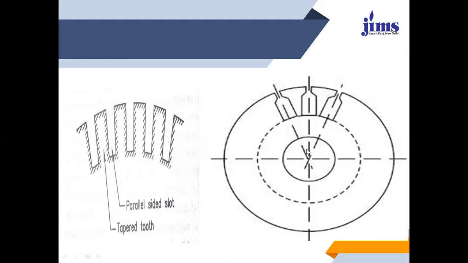The slots associated with the rotor and the stator are aligned in such a manner that the number of slots is equal on either the stator side or the rotor side. The tooth must be tapered in nature: the upper part is larger as compared to the lower part. So the gap between them will be a little lower at one end, and on the open side it will be a little larger.